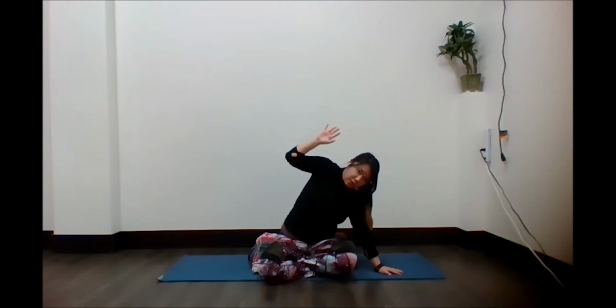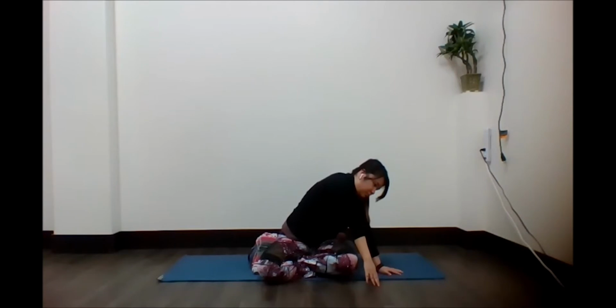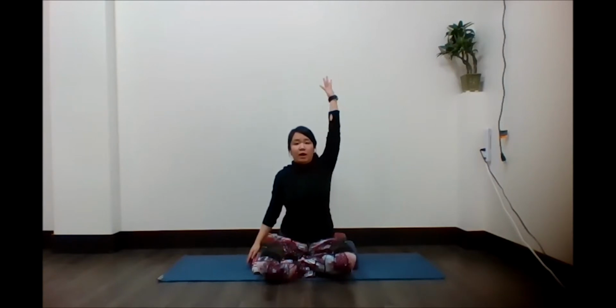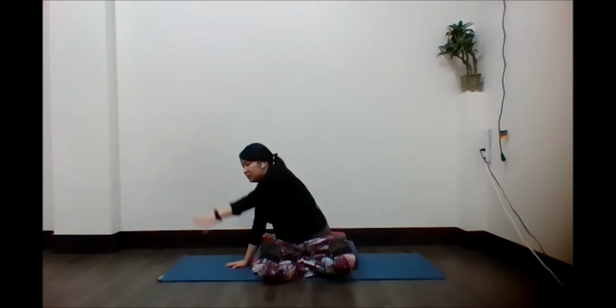Let's just do one last round on this side. And then we'll go ahead and find our way back to center. So same thing on this other side, reaching the arm up, reaching over, finding a stretch here, and then bending the elbow on an exhale,